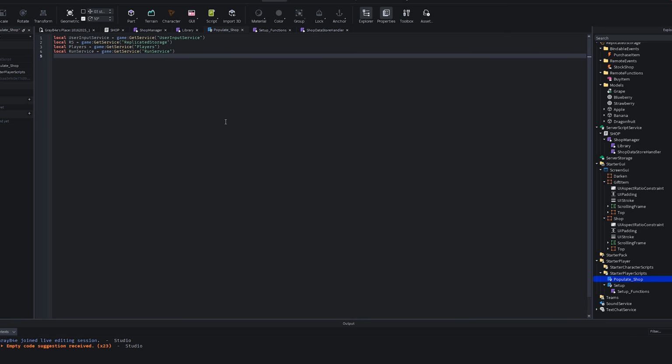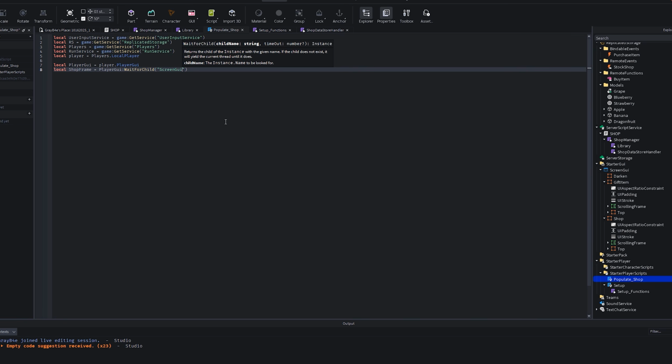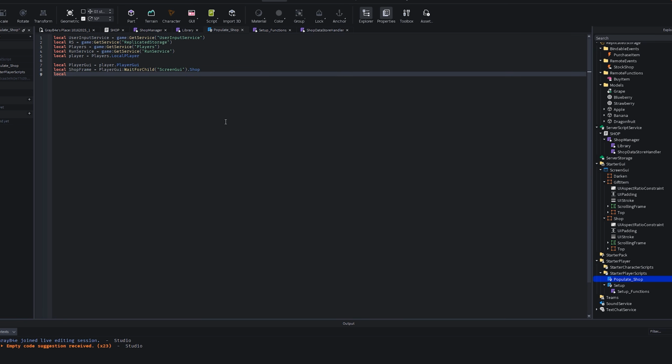And then we're gonna get the local player, so local player = players.LocalPlayer. Now I'm gonna define some of the GUI elements, so playerGui = player.PlayerGui, and then we're gonna get the shop frame, which equals playerGui, and then we'll wait for the child for the ScreenGui.Shop, and then we'll get the shop scrolling frame, and that is shopFrame.ScrollingFrame, and